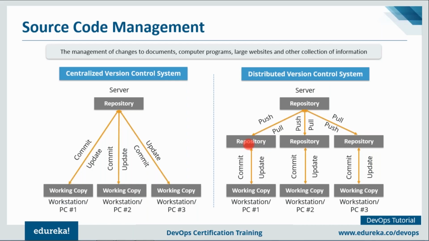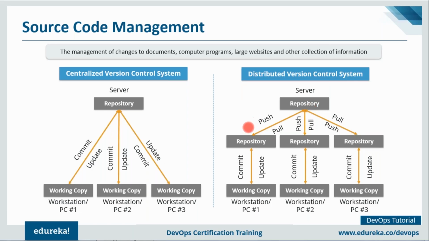They can commit and update their local repository without any interference. They can update their local repositories with new data coming from the central server by an operation called pull, and affect changes to the main repository by an operation called push from their local repository. Now, you must be thinking what advantage we get here. What are the advantages of distributed version control over centralized version control? Basically, the act of cloning an entire repository gives you that advantage.